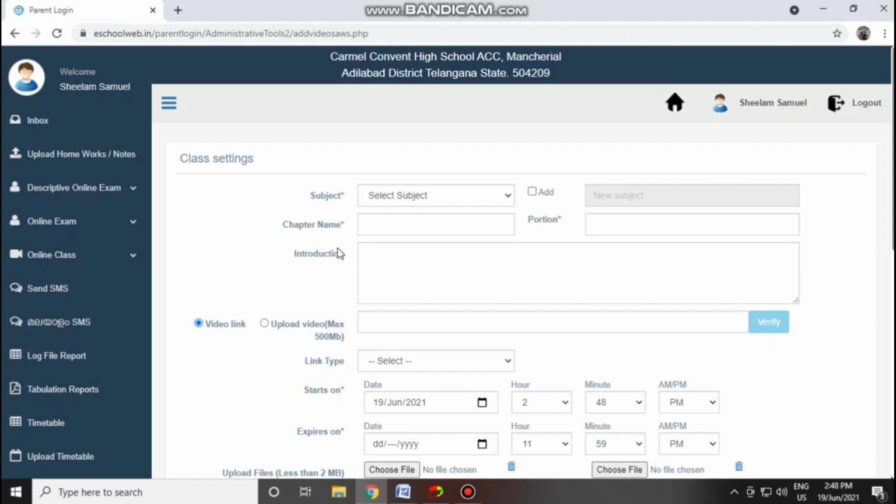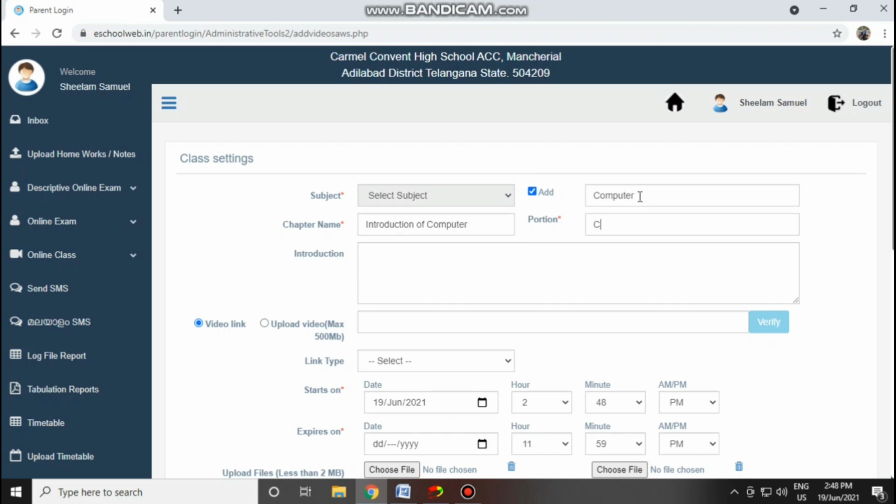After clicking, it will display the fields which you have to enter. If the subject is there, you have to select the subject, or else tick the add option, and you need to enter the name of the subject and the chapter name.